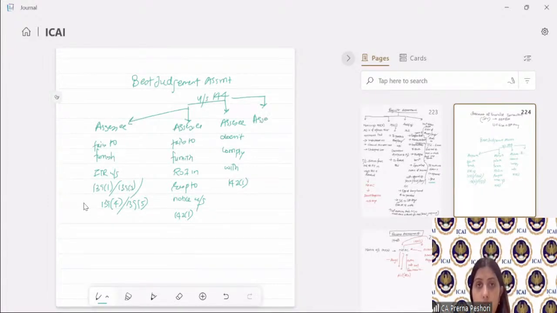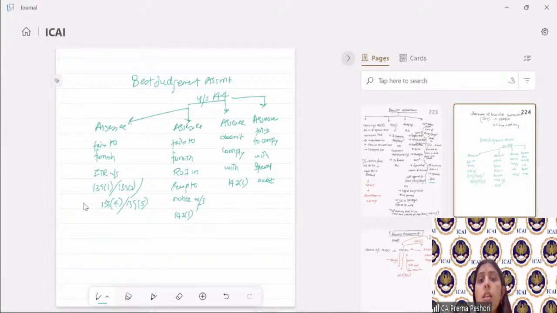Assessee fails to comply with special audit, right? Assessee fails to comply with that as well. Or for that matter, the assessee is failing to comply with the valuation also, reference made to the valuation officer, right? In all those cases,